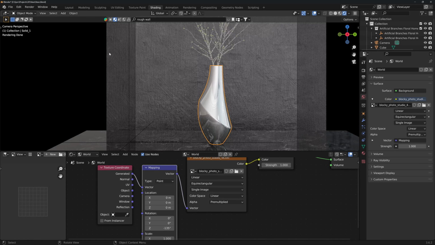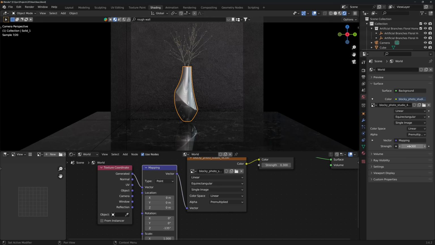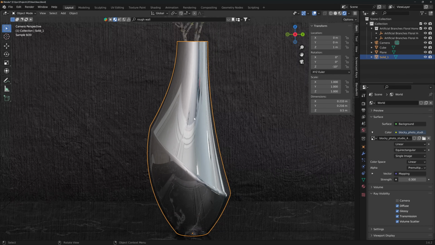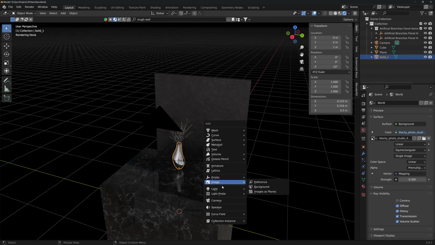Now that we have this, I'm going to make the world a bit less intense, so I'm going to put it 0.3, should be fine. Let's go back to layout. And I'm going to add a couple of lights to make it a bit better. Shift A, light,